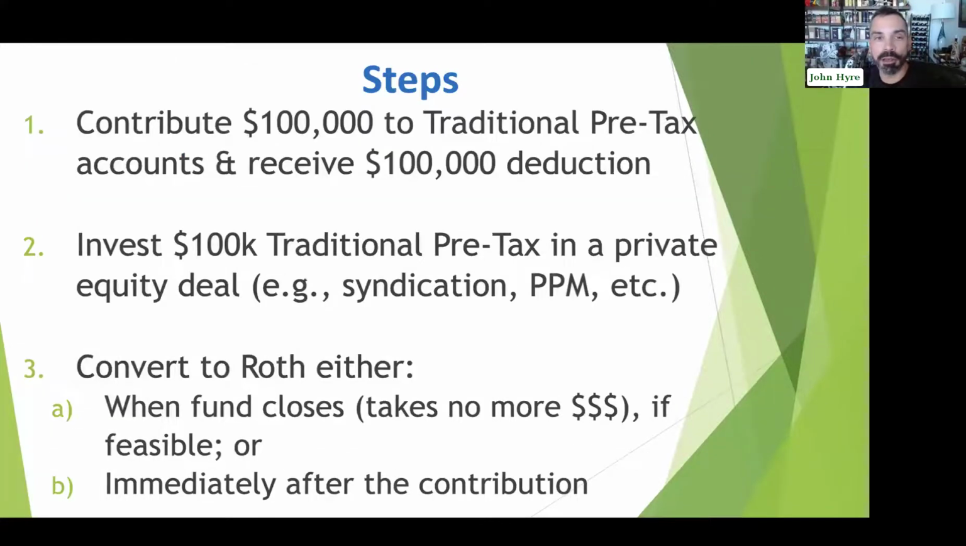So here's the procedure. Here's the step-by-step. You contribute 100 grand to a traditional pre-tax account. You get a 100 grand deduction. You invest 100 grand of traditional pre-tax money. This is important. This order is super important. In a private equity deal, I use the term loosely, a syndication, a PPM, usually you're a member of an LLC or a member of a corporation. So it's not debt, it's equity of some sort, and it's private. You invest and you don't convert before you have invested. I've seen people convert and then invest. Doesn't work. Once you've invested, you convert to Roth